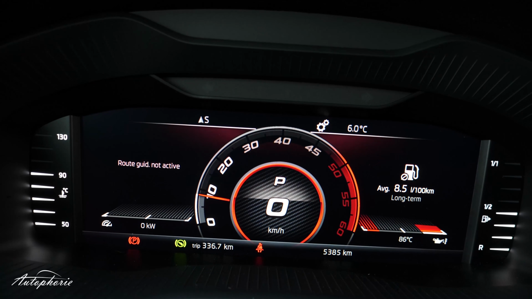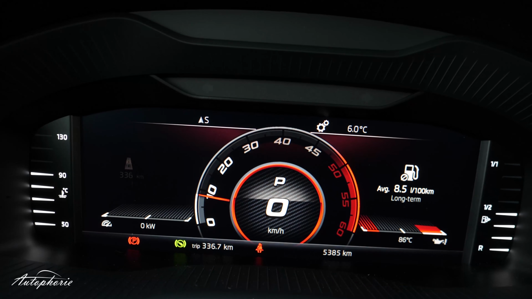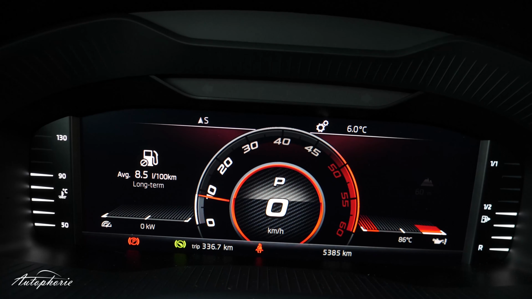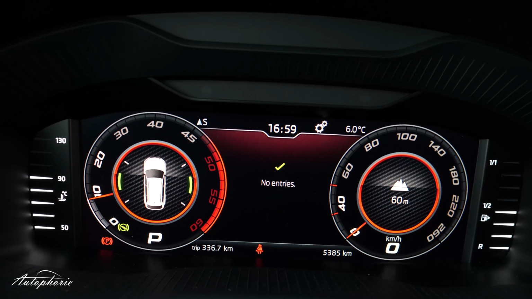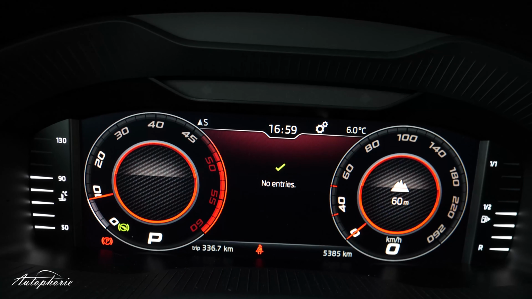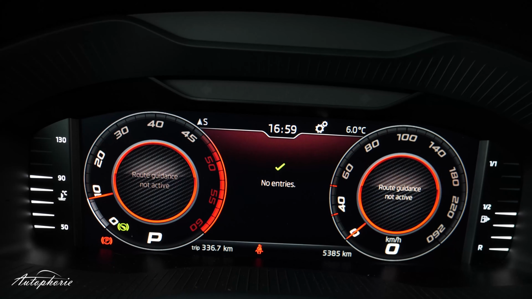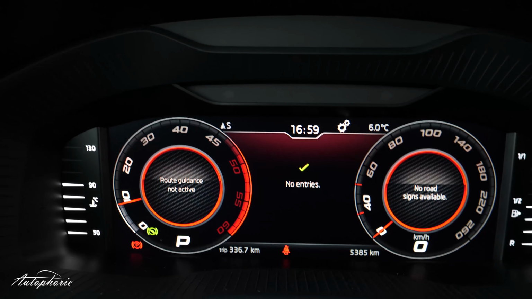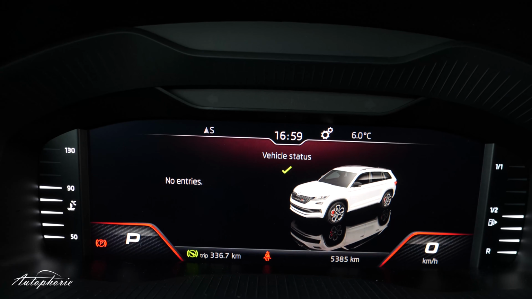And also in the RS view, you still can change some stuff on the right and left hand corner. And this is what it looks like in the classic view. There you go.